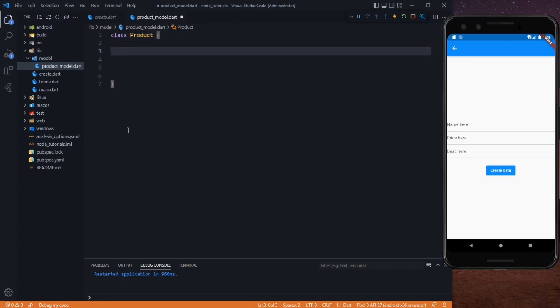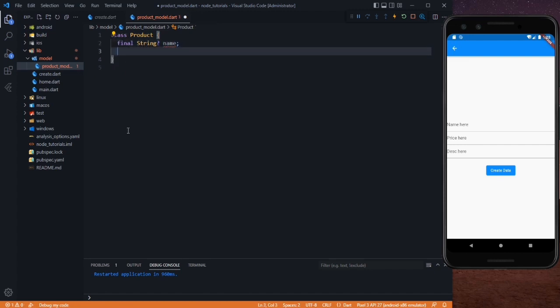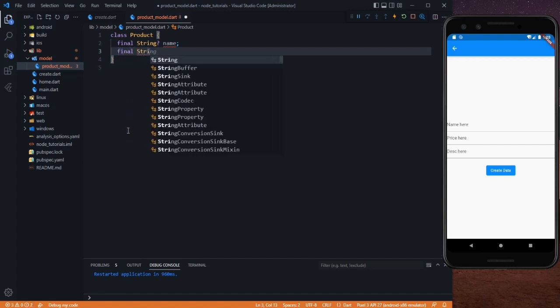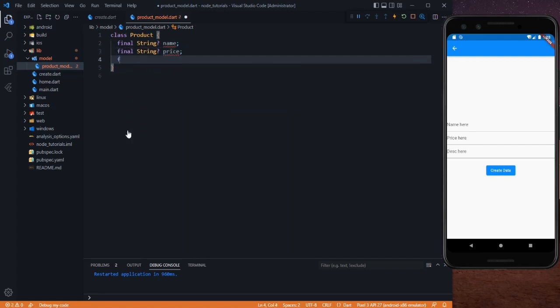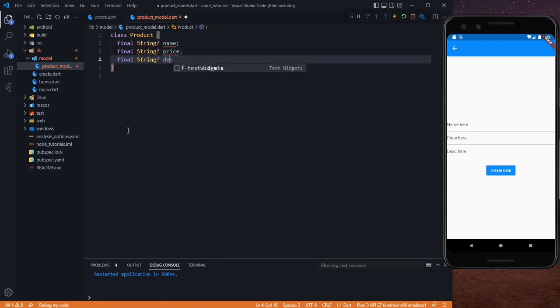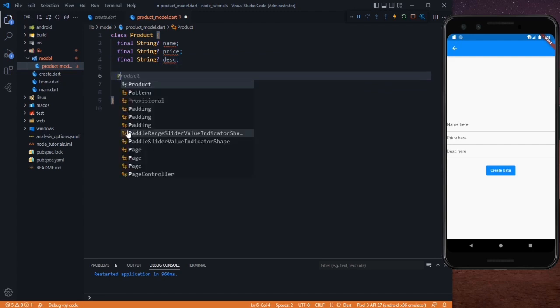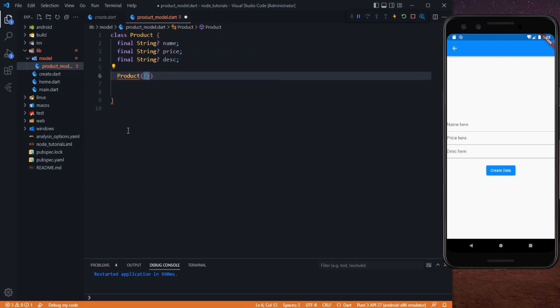After that we need to provide the variables, so it will be final and of string type, and it will be name, so it will also be nullable, and after that final string price, and after that final string description. And after that we need to create a constructor for it, so just use Product again, and in here we need to say this.name, and after that this.price, and this.description.